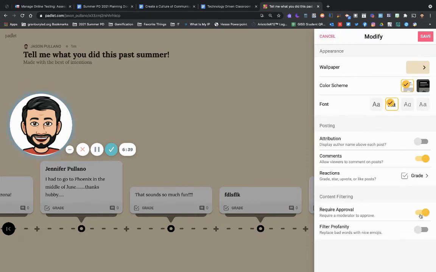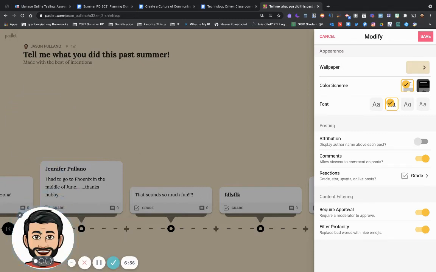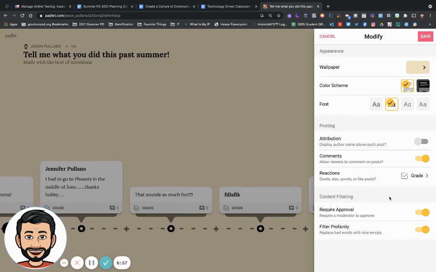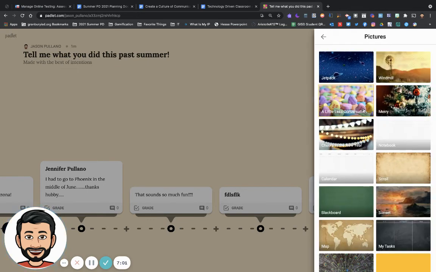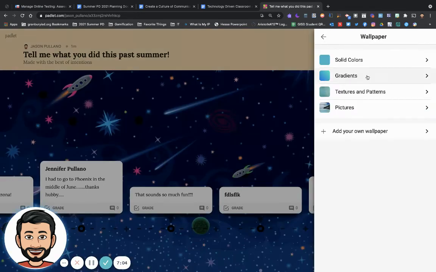You can require approval. So if there are some students in your class that you don't trust to be able to post on the Padlet, you can require approval. Now you would have to approve every single post that comes up here on this Padlet, so be careful with that. And then you can also filter profanity if you also have that student that you don't entirely trust to be appropriate. You can modify your Padlet with different backgrounds,